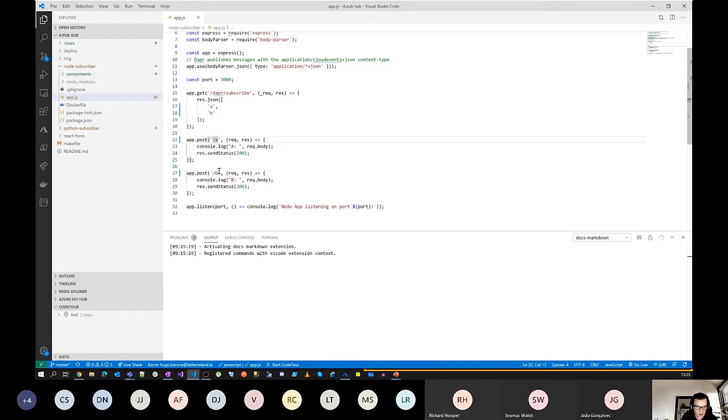So what happens is when an event gets published to Service Bus, Dapr will call these methods to inform the subscriber that a given event was received. The same